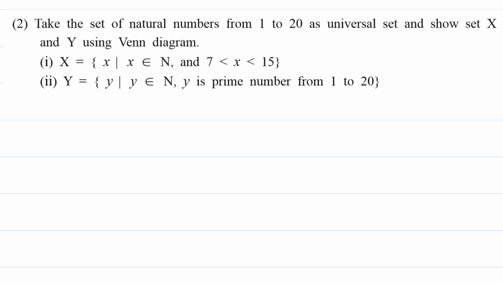So first we'll make a list of all elements in 3 sets: universal set, set X and set Y. The universal set is the set of all natural numbers from 1 to 20: 1, 2, 3, dots and 20. So here there are 20 elements, so there is no need to list all 20 elements. Write the first 3 elements indicating the rule defining all elements of the set, then 3 dots, then the last number.